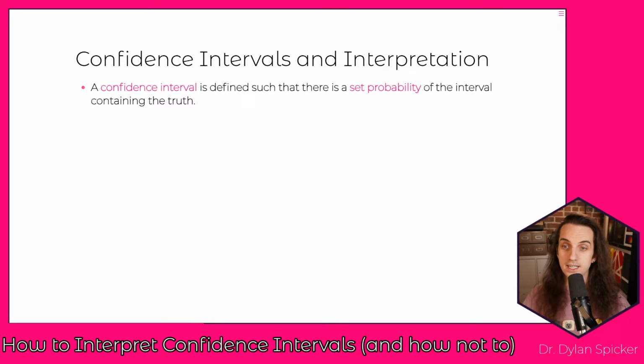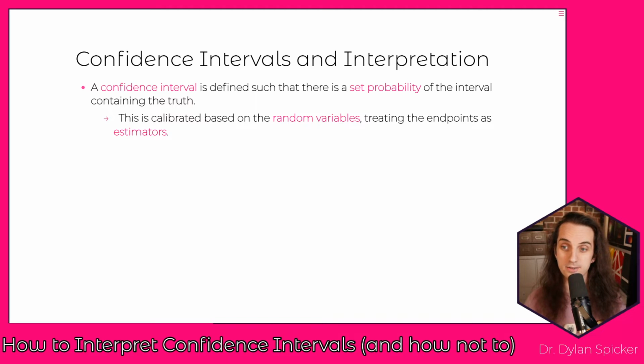Okay. So in order to define our confidence interval, we take this set probability, 1 minus alpha, and there's going to be that probability of the true parameter value being within the interval that we're interested in. Now, it's calibrated based on the estimators, which are random variables, not based on estimates. Right? And so if we think about the lower bound and the upper bound as being two different estimators, an estimator for the lower bound and an estimator for the upper bound, then those are the random components of the interval. Right? And because those are the random components of the interval, once we have specific values for that, there is no randomness left anymore.